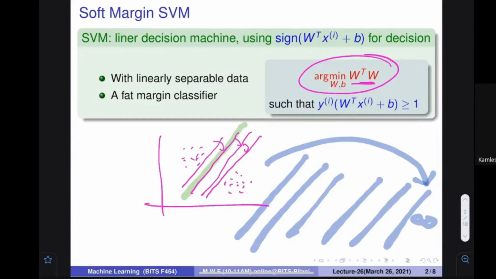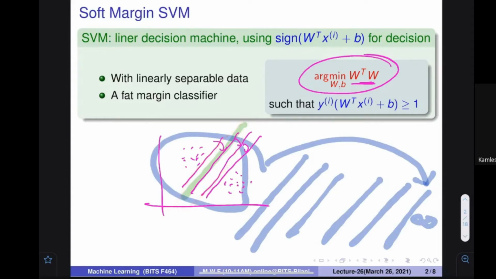No, because this line is not actually a decision boundary, because all the points are here. How is it a good decision boundary? But if you only think about the maximization of the margin, then this kind of problem happens. Why is it happening? Because I'm just concentrating on maximizing the margin. So only considering that is not a good idea. You should also consider that the classification should be correct.